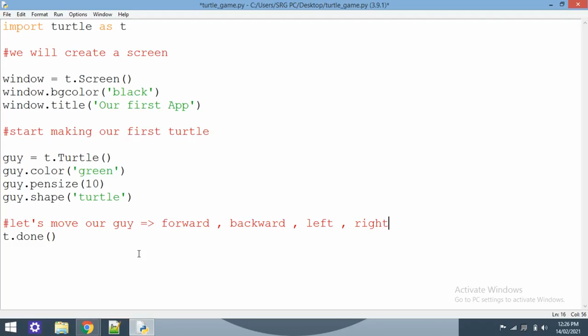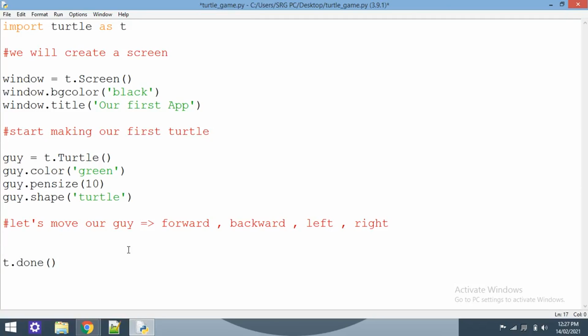How many degrees do you want to move? 90 degrees means you want to turn to your right side. If you choose the right function and pass 90, it means you want to turn right by a 90 degree angle. By giving left and right degrees, you can also move in a circle if you want. That's for advanced purposes. First of all, in this class we will talk about the basics of the turtle library. So let's move forward.